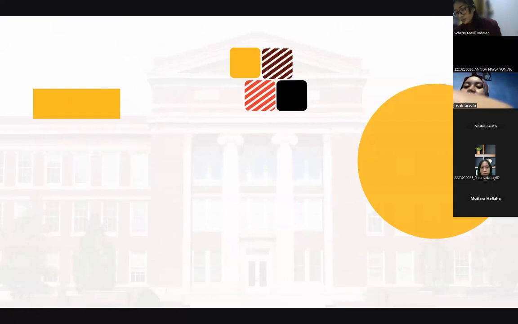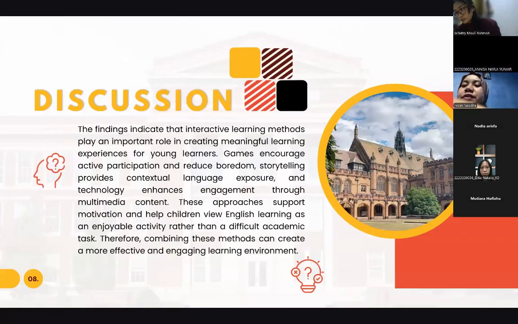So, the findings also revealed that children generally respond positively to interactive learning activities. Teachers described children as more enthusiastic, motivated, active, focused, and willing to participate during lessons involving games, stories, and technology. Furthermore, all respondents agreed that interactive methods can increase children's interest in learning.